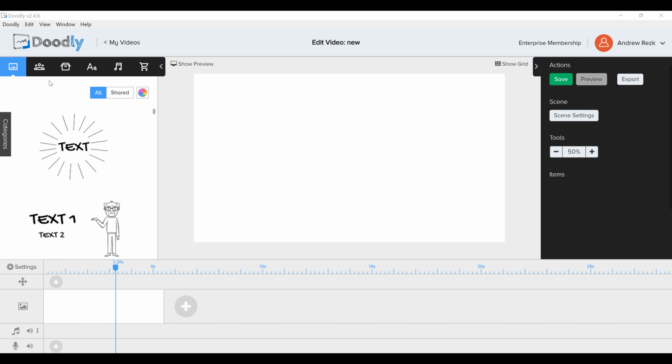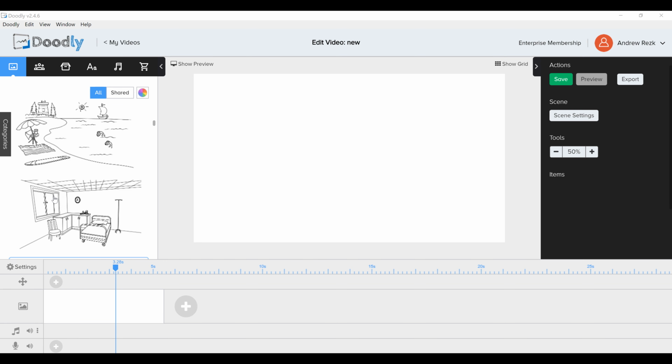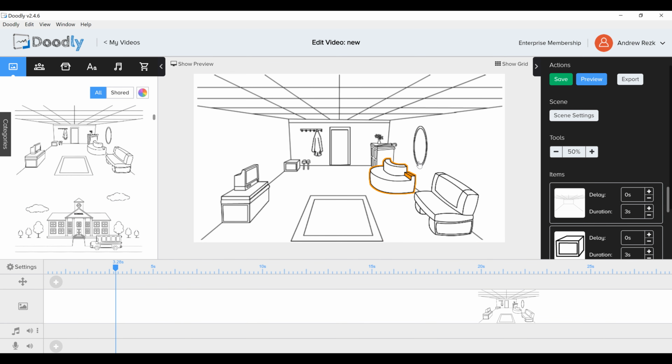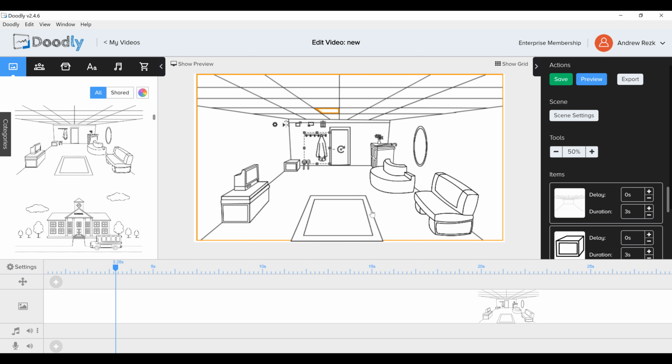On the left, we have all of our elements. First, we have scenes. These are complete scenes that you can easily drag and drop, and it will create your whole slide, as you can see, with so many different elements. All these small elements can be used on a different slide, or you can merge different elements to create your whole